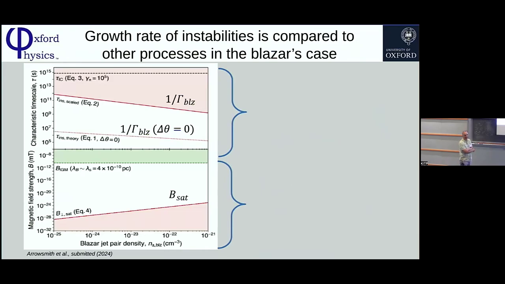So this is 10 to the minus 12? This is around 10 to the minus 12 millitesla, right? Assuming this is required, we need this field. Okay. Is that an interesting number? I'm just trying to figure out whether this is an interesting lower limit. Okay. Maybe somebody knows better.